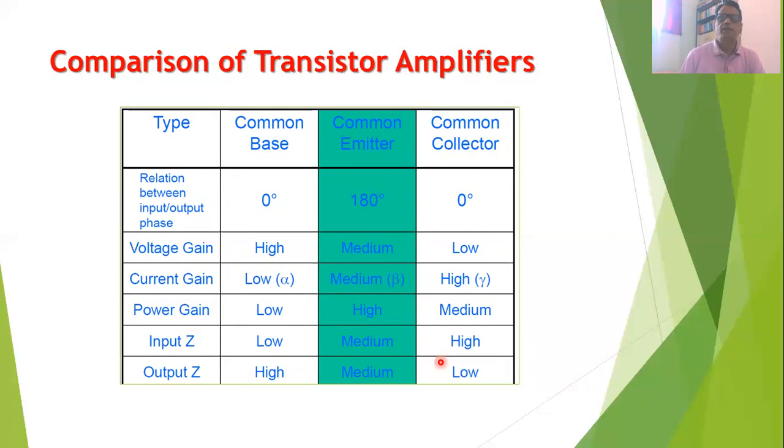And therefore, you will find that the common emitter amplifier is used for the amplification of audio signals. When you want to amplify high frequency signals, then in this case, the common base amplifier is used. And whenever you want to provide some kind of impedance matching, then in that case, you will find that the common collector amplifier is used. So every amplifier has some specific areas in which it is used.